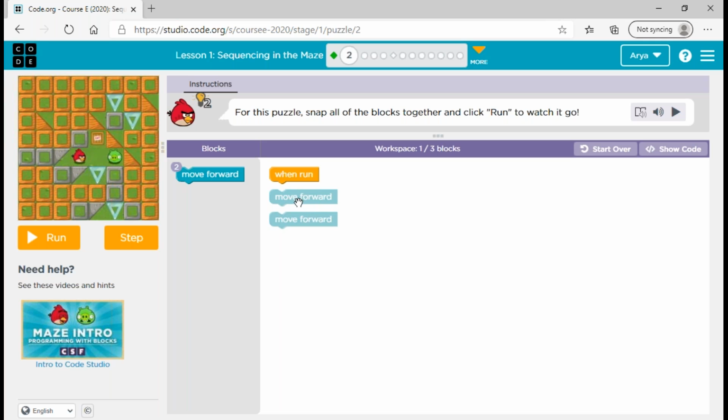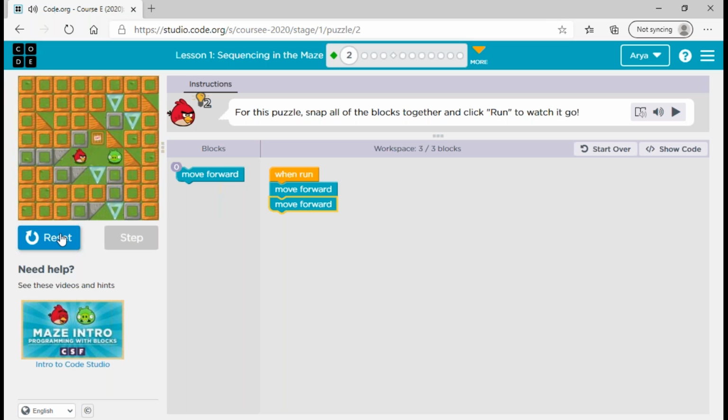As you can see in our workspace, we already have 2 blocks here. So we're just going to take these and drag them over here. Now there's a when run function. When this code which we've programmed is run, this bird over here will move forward 2 steps, 2 spaces, which will get us to this pig. So if I run it,